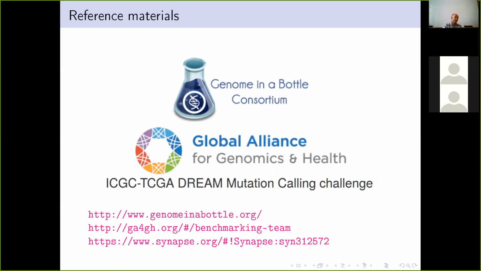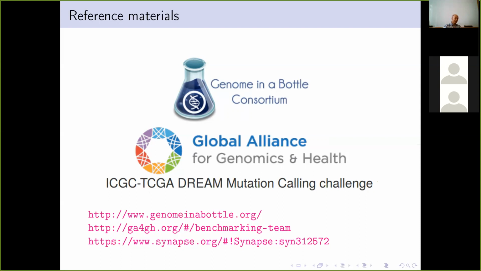NA12878 was the initial one, and then there was a second. So the initial test set, everyone sequences it a ton of times, testing their sequencers, so there's been a ton of data about it. They put it together and made a true set, and they've been iterating on that true set ever since. And this is kind of rolled into the GA4GH, the Global Alliance for Genomics and Health, which is